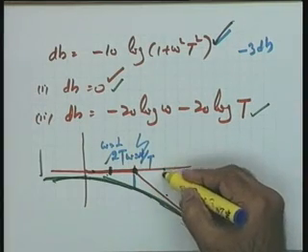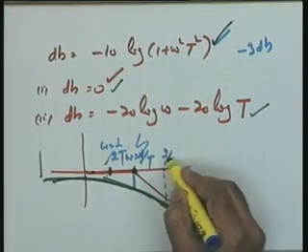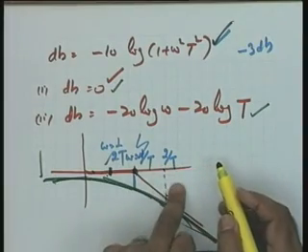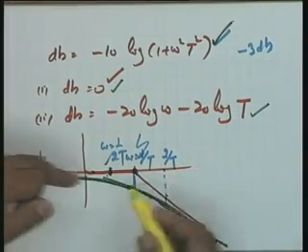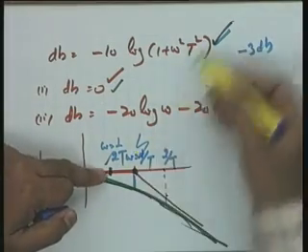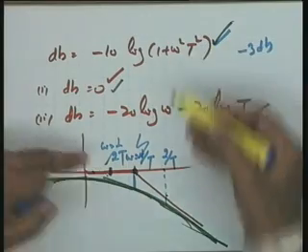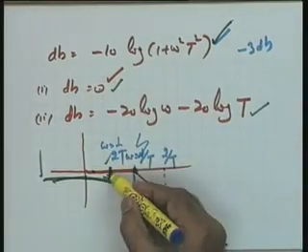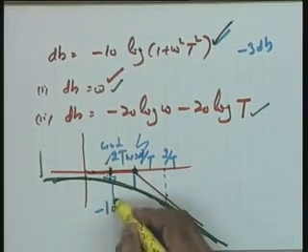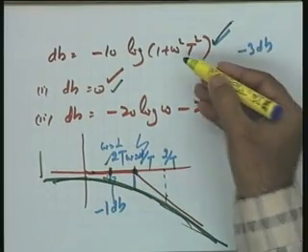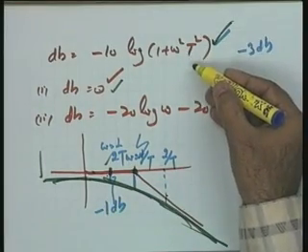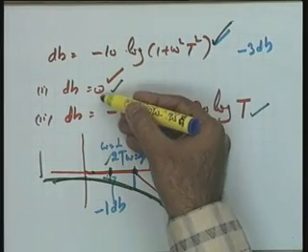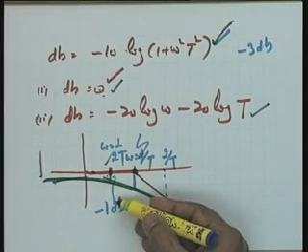And another point which is normally taken is 2 times this frequency, which I take as 2 by t here. So, if you put omega is equal to 1 by 2t and calculate, what will the error be? The error will be between this and this. You will find this error turns out to be minus 1 dB. You can please check. Put omega is equal to 1 by 2t and take the difference between this and this. The error is minus 1 dB.